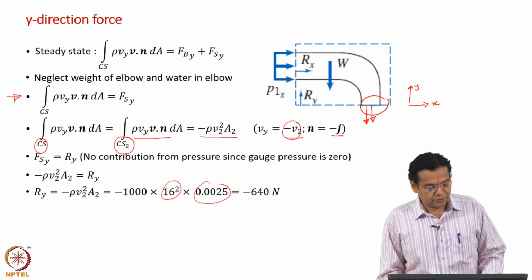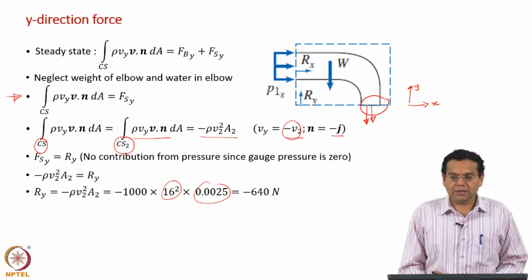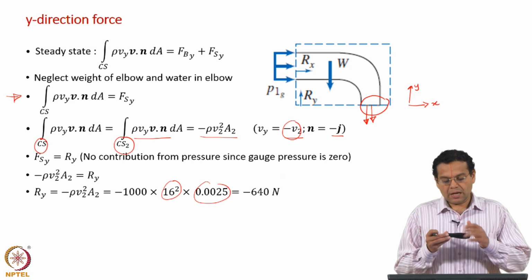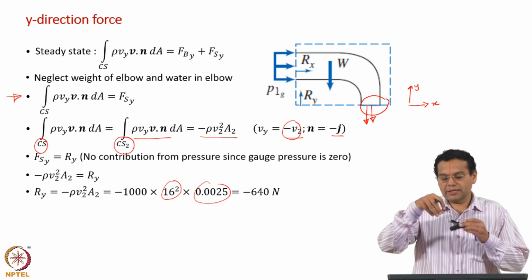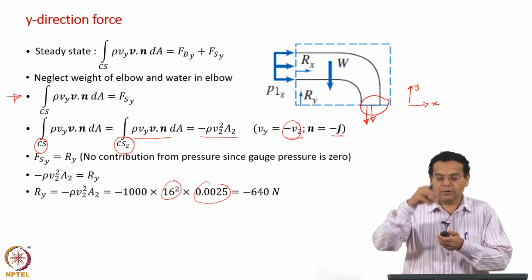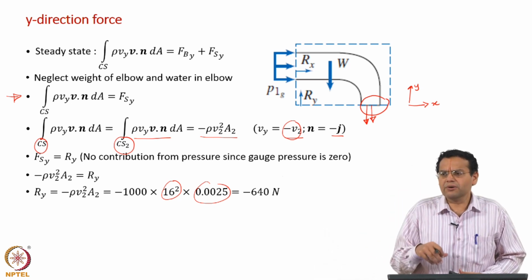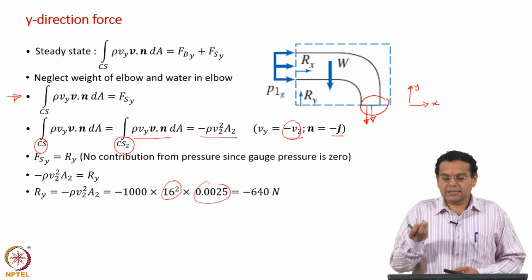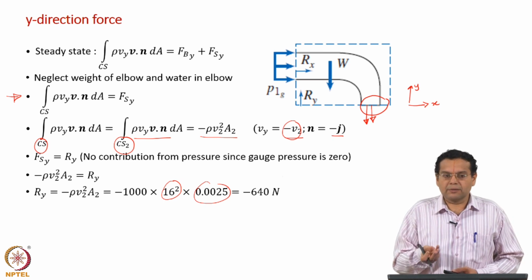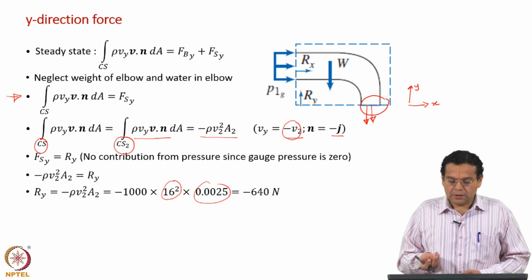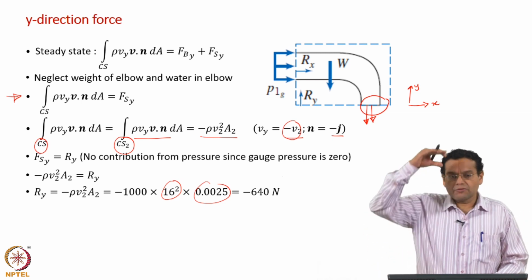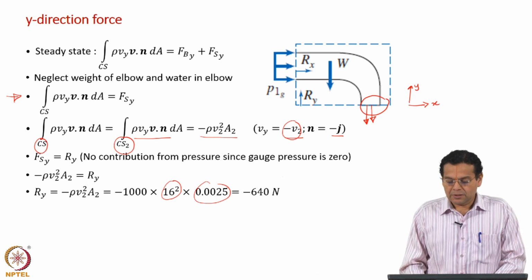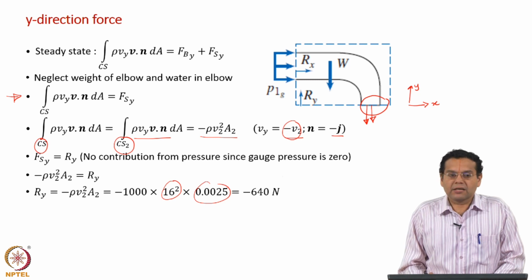Now, this tells you, as a first observation, that the y component of reaction is only because of momentum, okay. Now, how do you interpret this negative force? You have the elbow and water is flowing, okay. Let us show the outlet of the elbow alone. You have water flowing down, and because of that there is an upward thrust. Because water is flowing down, it exerts an upward thrust on the control volume or the elbow, which means that you should apply a force from the top, so that you hold the elbow, you supply a force opposite to the thrust, okay. So, just something like the launching of a rocket, okay.